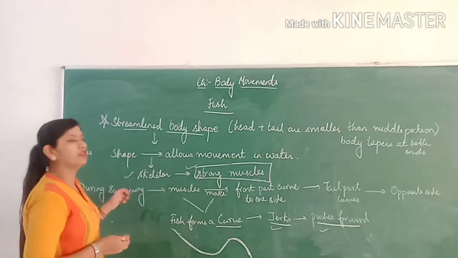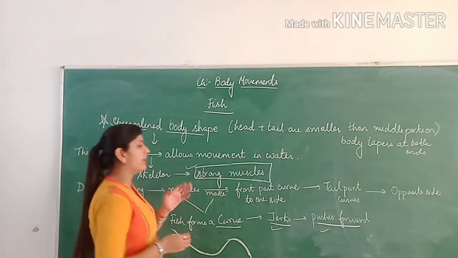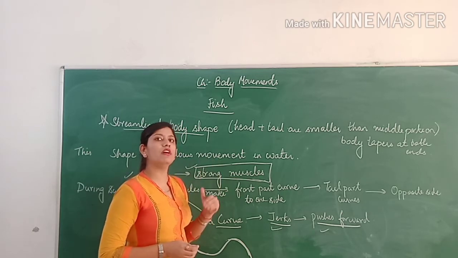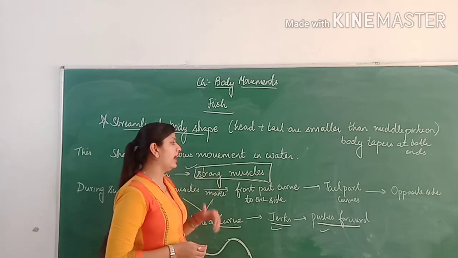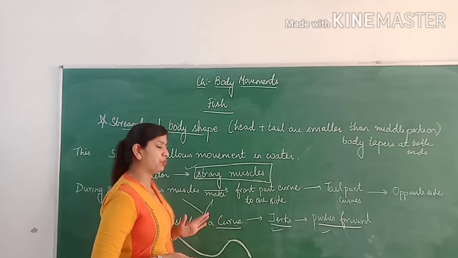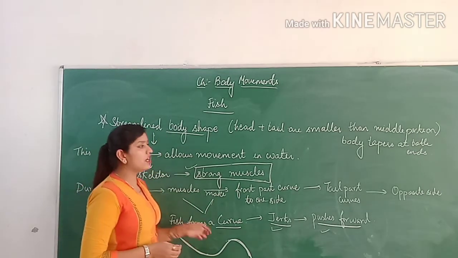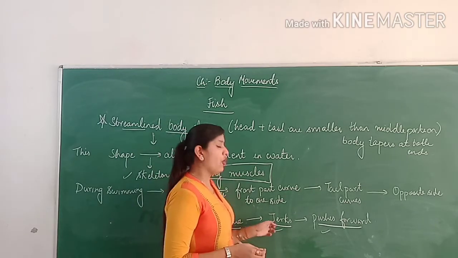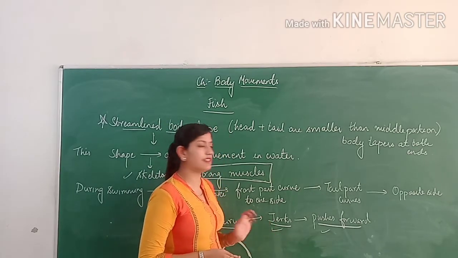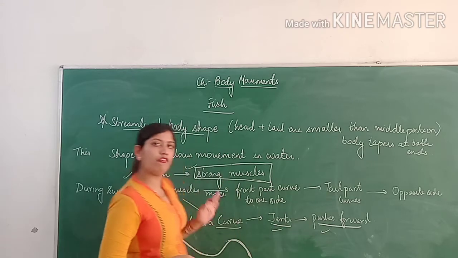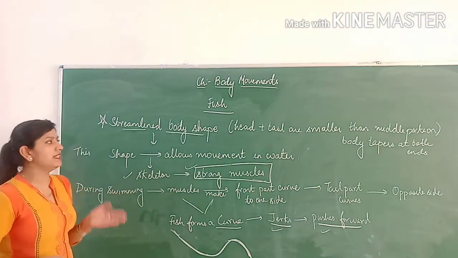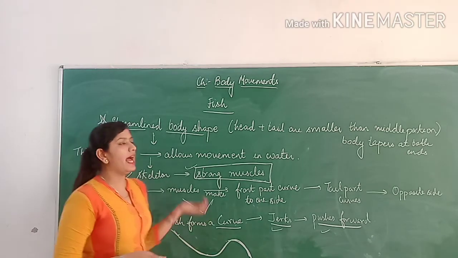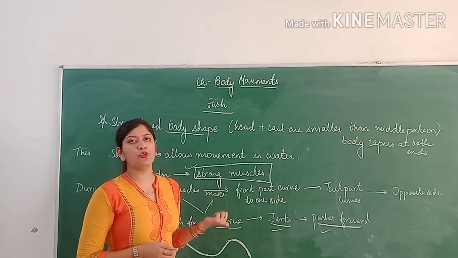What happens is, swimming के बाद जो muscles होती हैं वो front part को curve कर देंगी एक side की तरफ और back part को curve करेंगी दूसरी side की तरफ, जिसकी वजह से the fish will form a curve, the fish will get jerks, और इस jerks की वजह से the fish gets to push forward and therefore the fish moves in a forward direction. This is the way how a fish actually moves. I hope this concept is clear to you all.